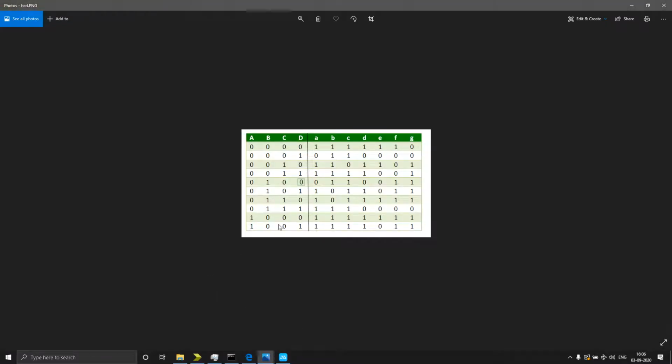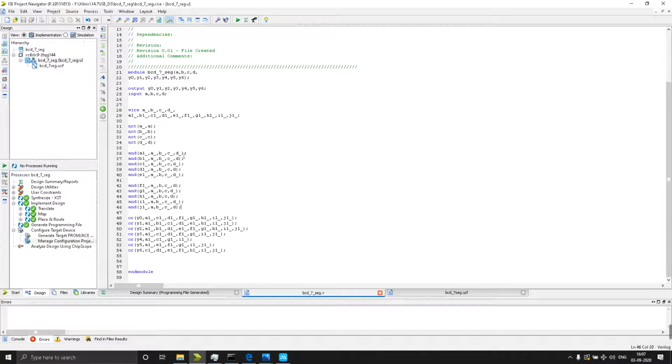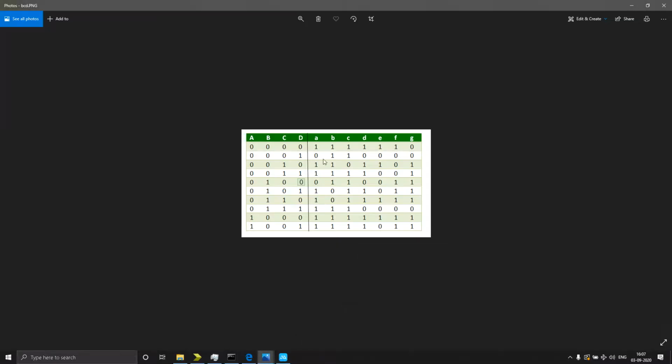From 0 to 9, for 9 we want 1 0 0 1. So we have that. That means 0 1 2 3 4 5 6 7 8 9, till 9 we have. Then this is our output, Y0, Y1, Y2, like that. As I already told, wherever the 1 is there, with respect to here, the 1 is there for this output Y0. Here is 1, and here is 1, and here is 1.